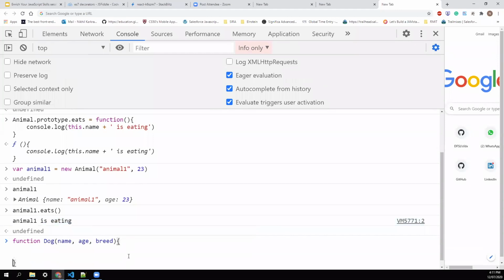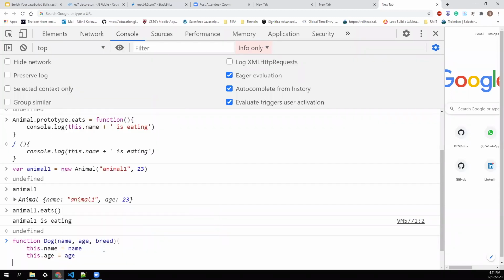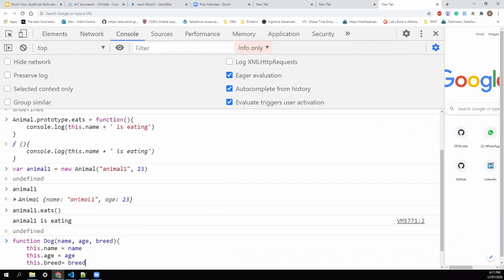We'll see in a minute. So I'll say this.name, usually how we do it, this.age, and this.breed. And if you want, you can attach one method as well.